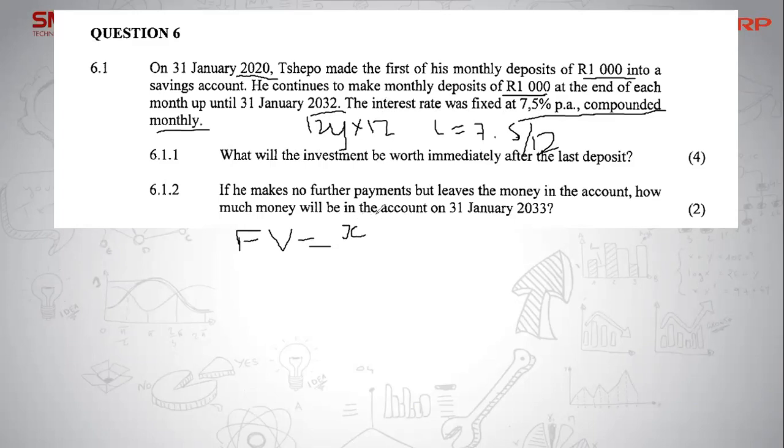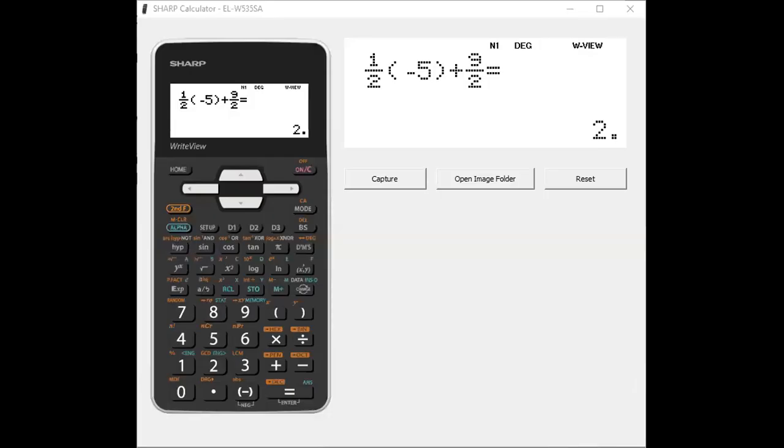So it's going to be X, and then it's going to be 1 plus I to the power of N minus 1 all over I again. Okay, and then we'll just substitute this in so that we can just do this quickly on the calculator. That'll be the easiest way to do it. So we have 1,000,